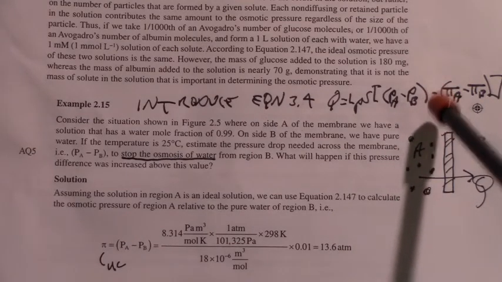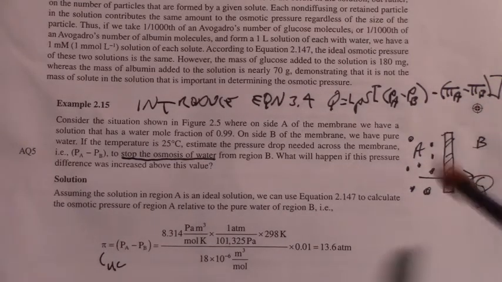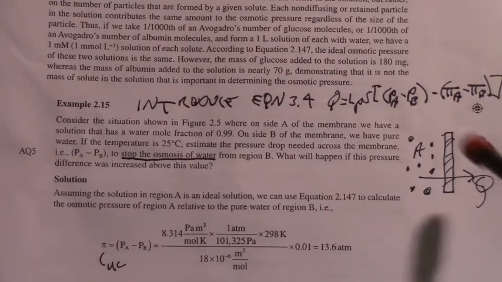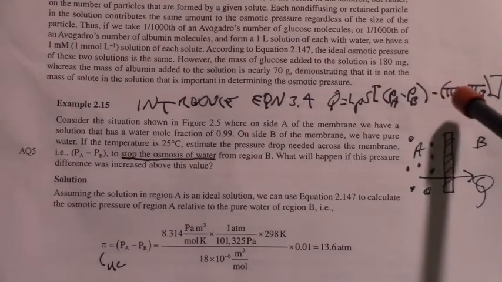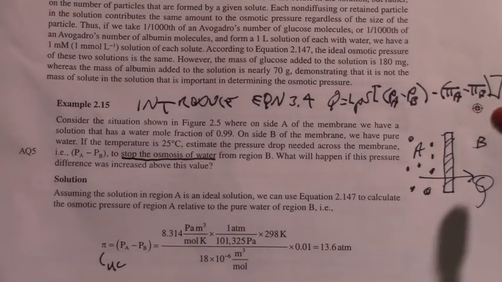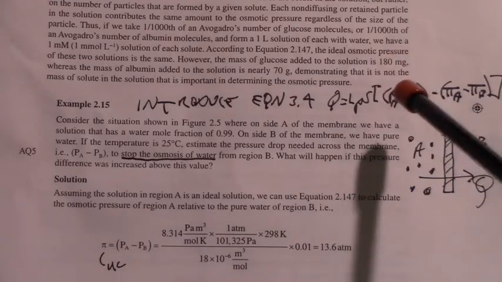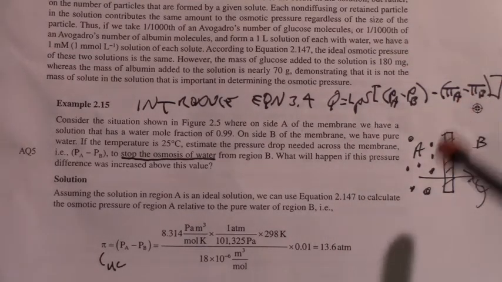So this would be minus pi A. And then if we did have osmotic pressure, say a lower osmotic pressure on the B side, then we would subtract off pi B from the osmotic pressure of A, because that just decreases the driving force. So what this bracketed term represents then is the effective pressure drop across a membrane when you have a retained